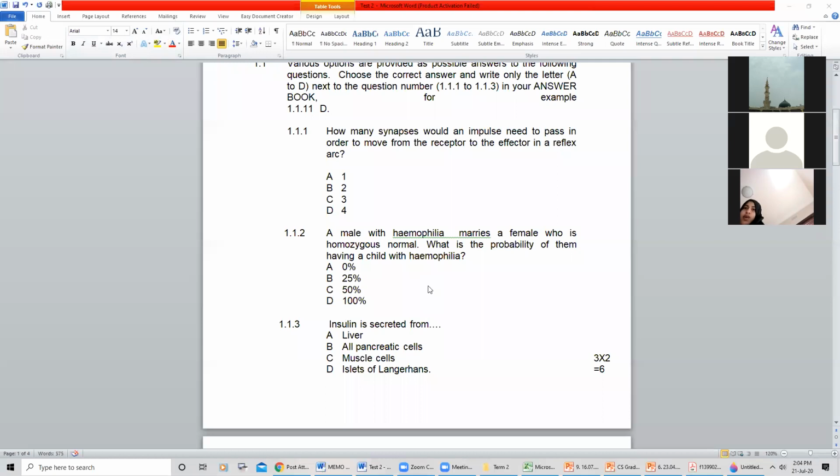Right, you guys are a bit slow today with the answers, right? For sex link, because it's linked to sex. Okay, very good. Thank you, Fatima. For sex link, we're going to have to show X and Y, right? So a male will be XY, but